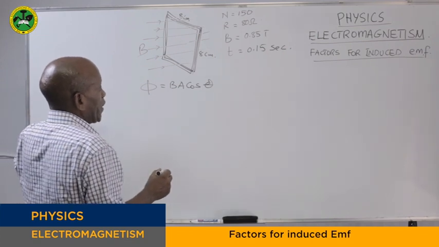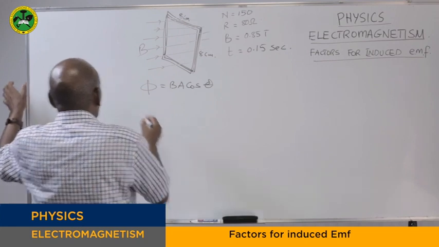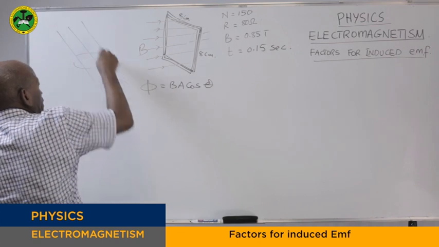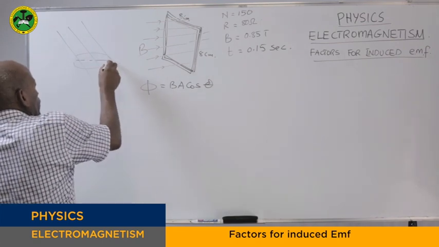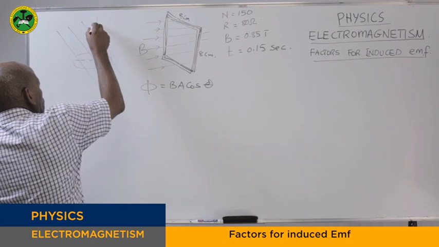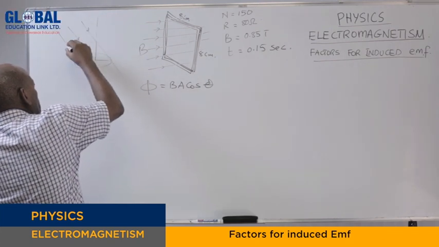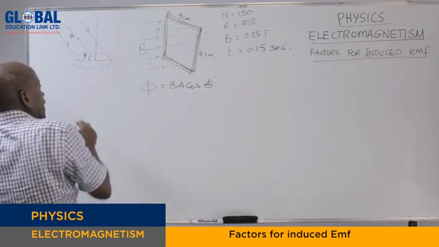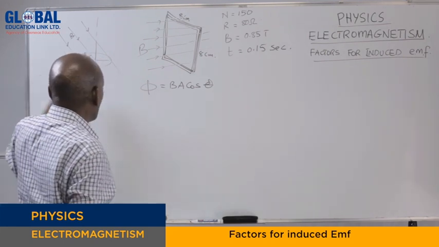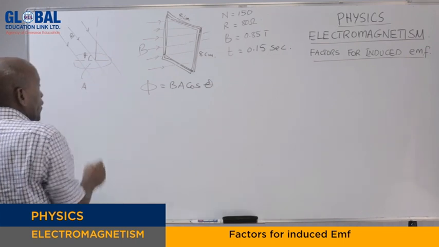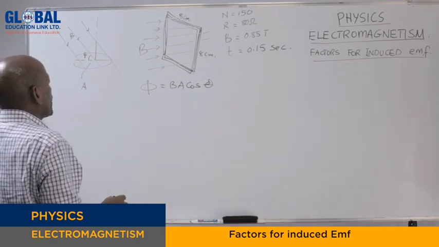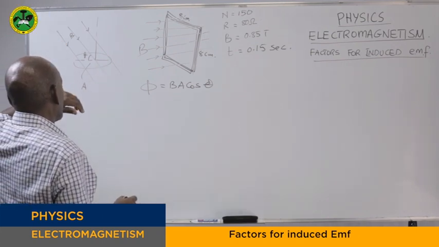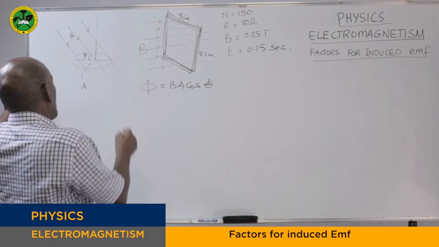If I have a magnetic field of flux density B, making an angle theta to an area A, then the magnetic flux becomes